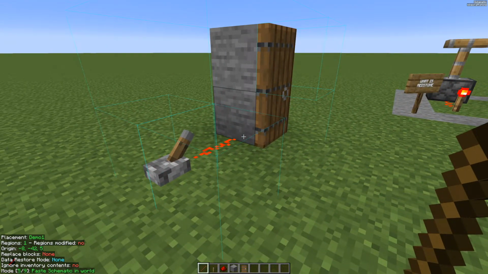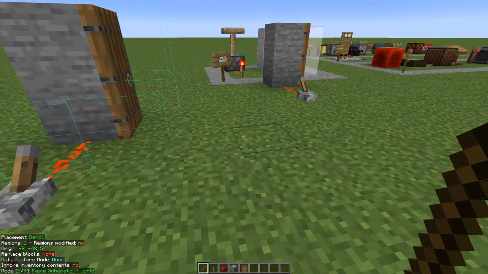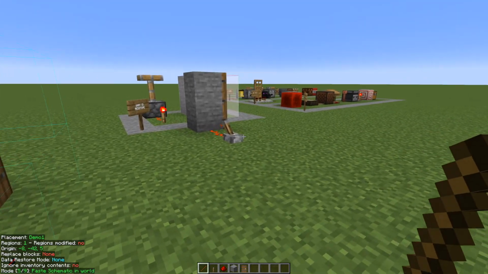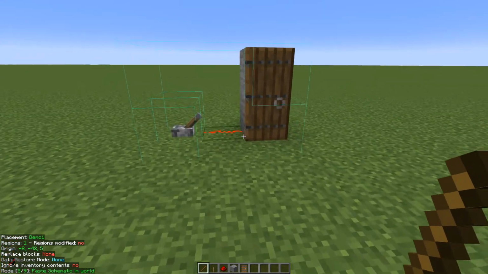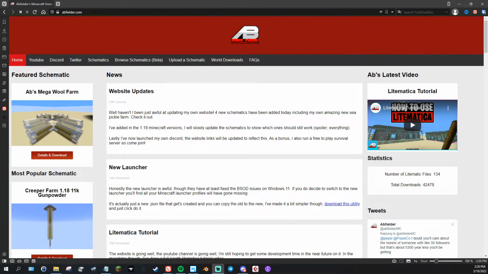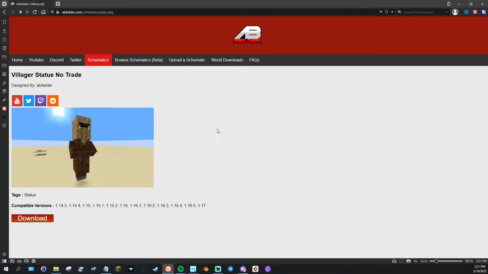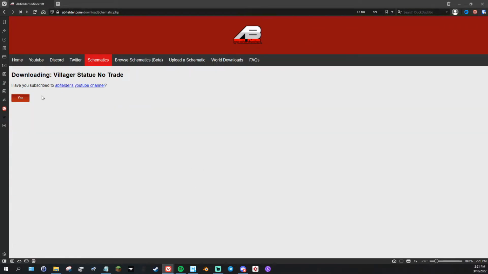This is very handy if you want to paste some schematics into your world that I have given you or that you have downloaded from somewhere else. Now let's have a look at schematics, where to find them, and where to place them if you download something. So online, you can go to sites like, for example, abfielder.com, and you can find schematics that you can just simply download. So in here, we can go to schematics, find ourselves a schematic we want, click download, and simply